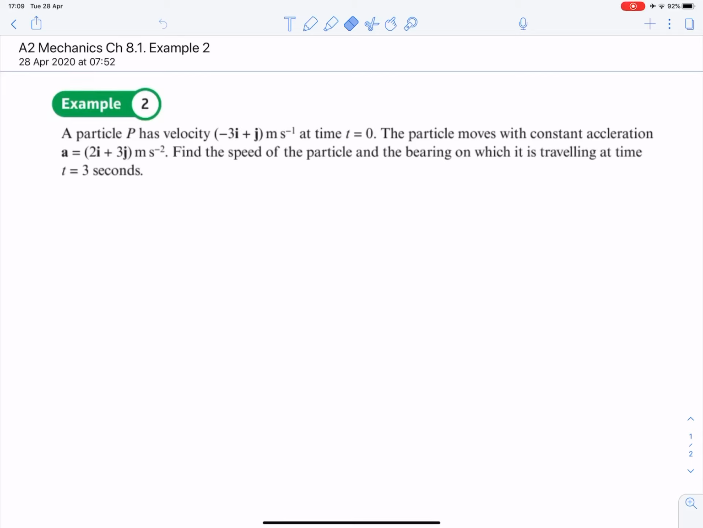So here we are with example 2. A particle P has velocity of minus 3i plus j at time t equals 0. The particle moves with constant acceleration. So immediately we're thinking